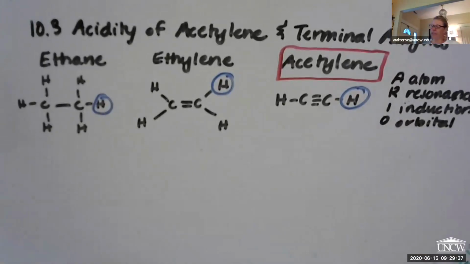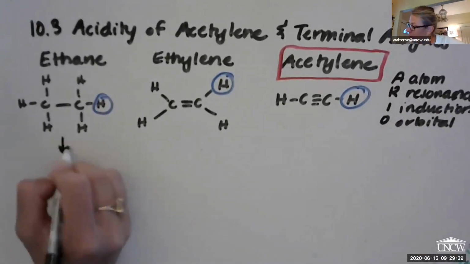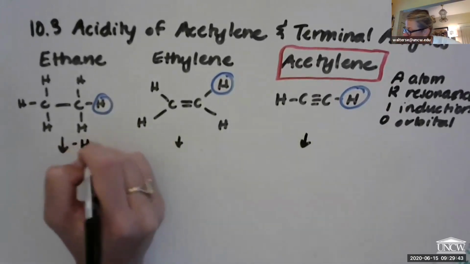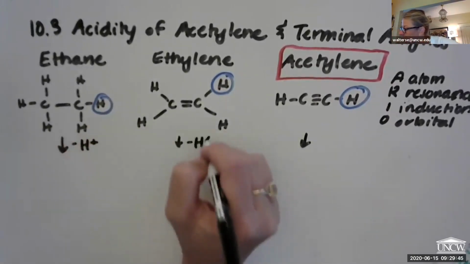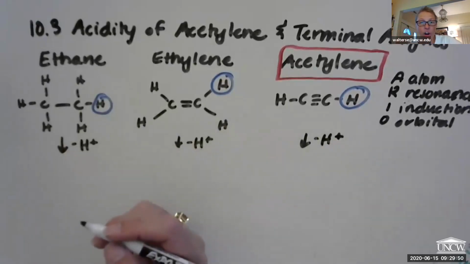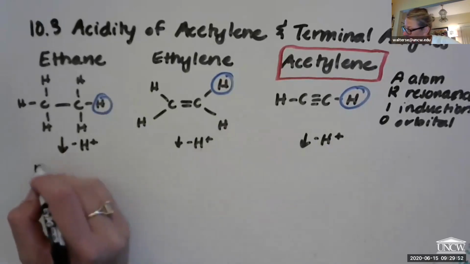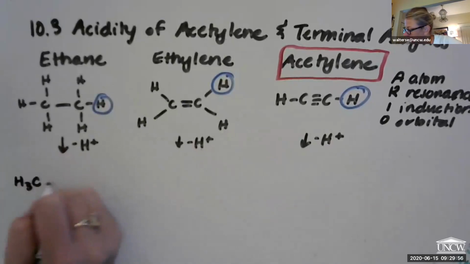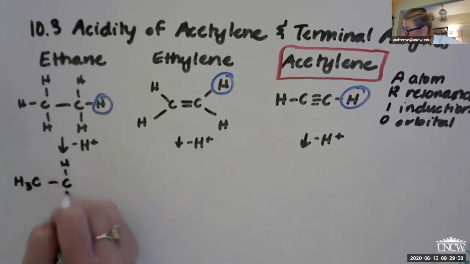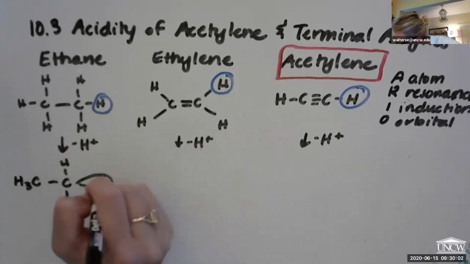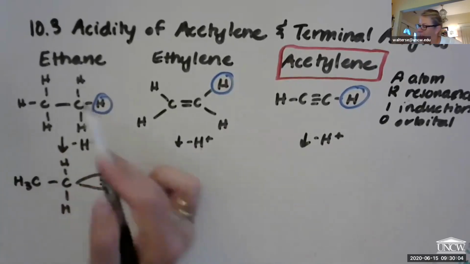And so what we're going to say is, if we deprotonate, which just means lose a proton from each of these species, you're going to make a carbanion in all cases. But in the case of ethane,